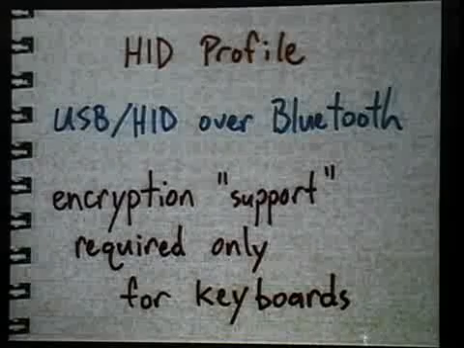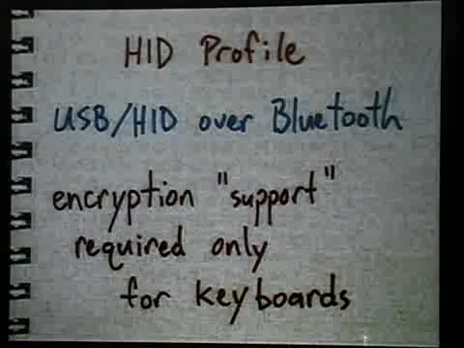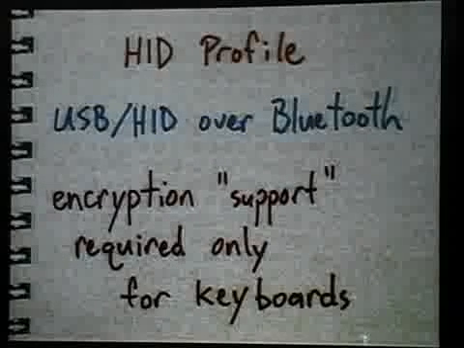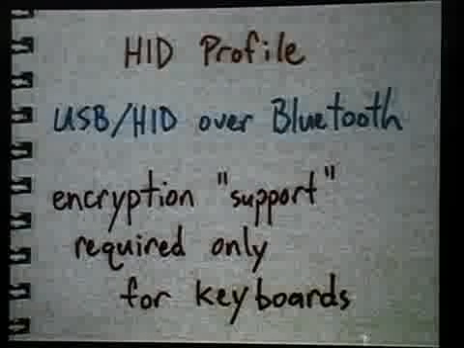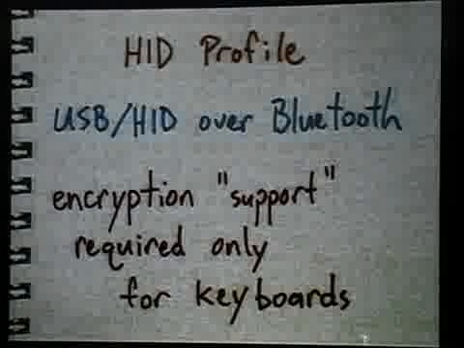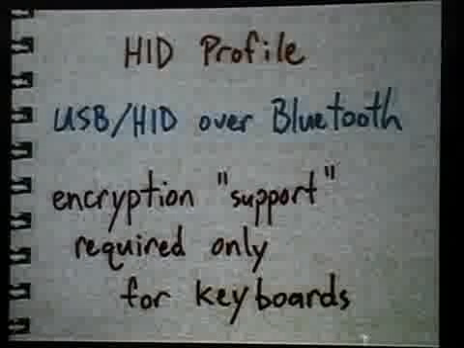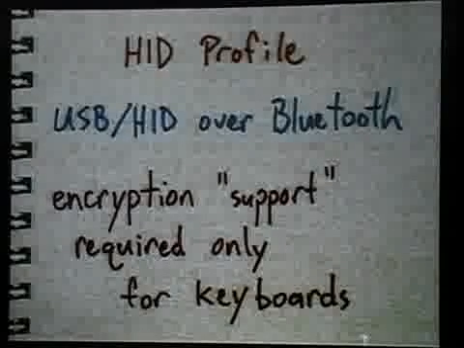The Bluetooth HID profile is basically pretty short. It's only about a 100-page specification compared to about 2,000 for the core specification for Bluetooth. And basically it says what we do is we take USB HID and run it over Bluetooth. So the USB guys have figured out this human interface device stuff. We're just going to take their protocol